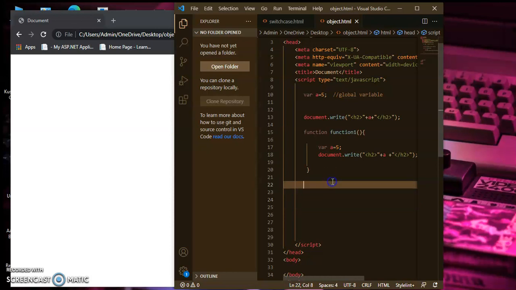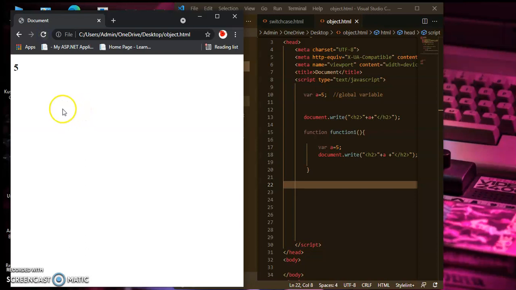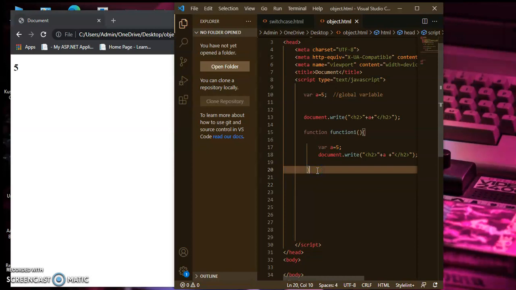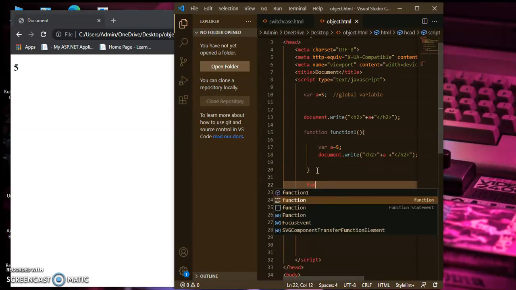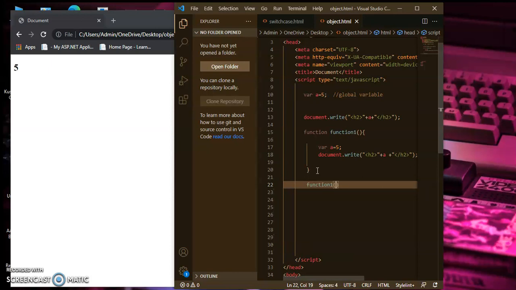Let's see. Ctrl+S, browser. It just displays the value of the global variable, not the function, not the local variable. So to display the function variable's value, you must call the function. So write function one and execute it. Save it and run it.